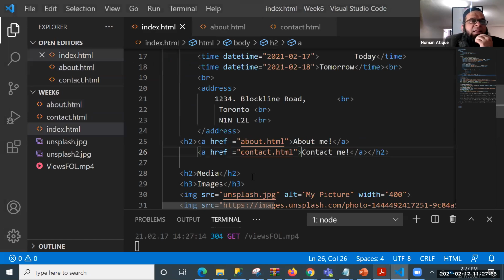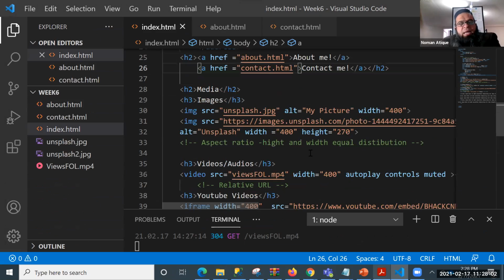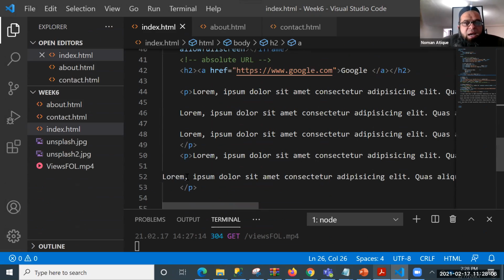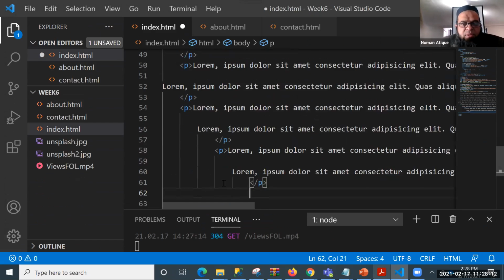Now let's talk about another interesting part. What is that? There is something called an internal link. Let me just talk about something. Come here, and this P, for example, let's make 4 or 5 more P. Again, just to see some different things.